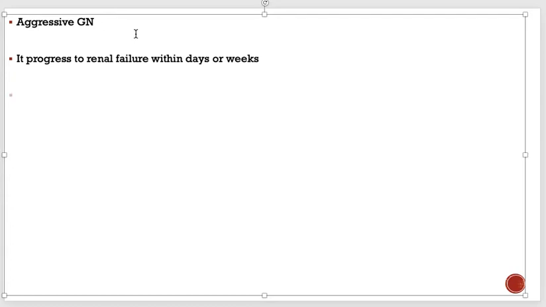The causes of this condition could be many. For example, it can occur in small vessel vasculitis, like microscopic angiitis, Churg-Strauss disease, Wegener's granulomatosis, or lupus nephritis, which occurs in SLE. Circulating antibodies keep depositing into the kidney, and it will lead to crescent